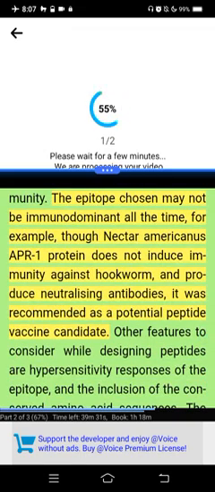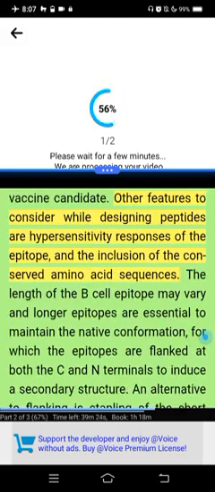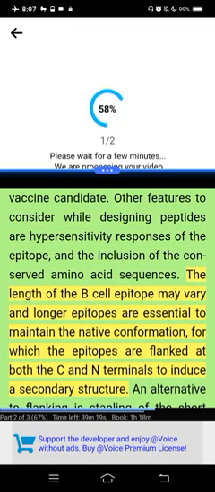For example, though Necator americanus APR1 protein does not induce immunity against hookworm and produce neutralizing antibodies, it was recommended as a potential peptide vaccine candidate. Other features to consider while designing peptides are hypersensitivity responses of the epitope and the inclusion of the conserved amino acid sequences. The length of the B-cell epitope may vary, and longer epitopes are essential to maintain the native conformation,